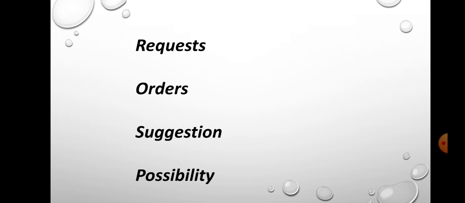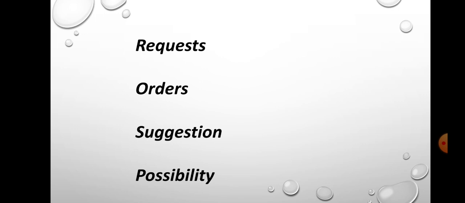Then by using if you would. Example, if you would deposit the fee on counter number 2. Then by using can or could, modal auxiliaries, can or could, may or might. Can or could, in a way, is an informal request. Can I see the doctor? Or could you tell me something about Priya? Then by using may and might in questions. For example, may I discuss this problem with you please? Or might I use your umbrella today?